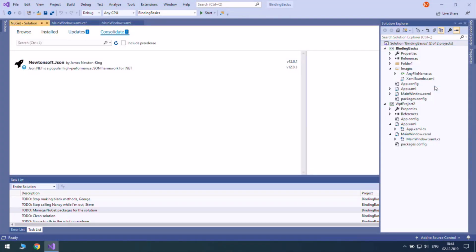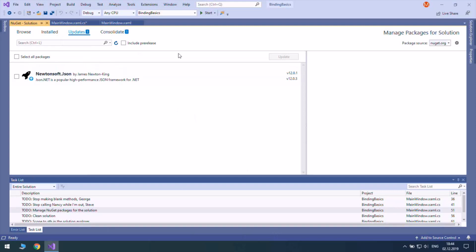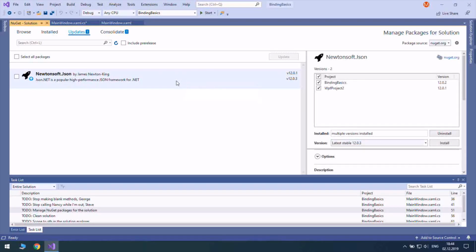And what it does, it actually aggregates all installed NuGet packages in all projects and gives you a summary list of what can be updated. And when you have different versions of the same NuGet package and you are using NuGet packages for solution, you have here the list that shows which version is installed in what project. And it basically says it. Multiple versions are installed. And you can update all of them simultaneously or only those that you need,